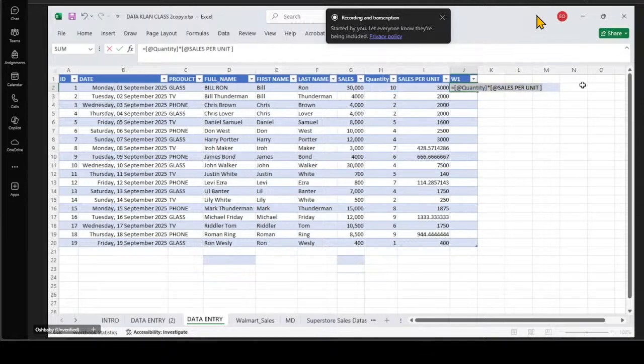Let me write this. And that's one thing about writing formulas in Excel. Let's do that. We times that by